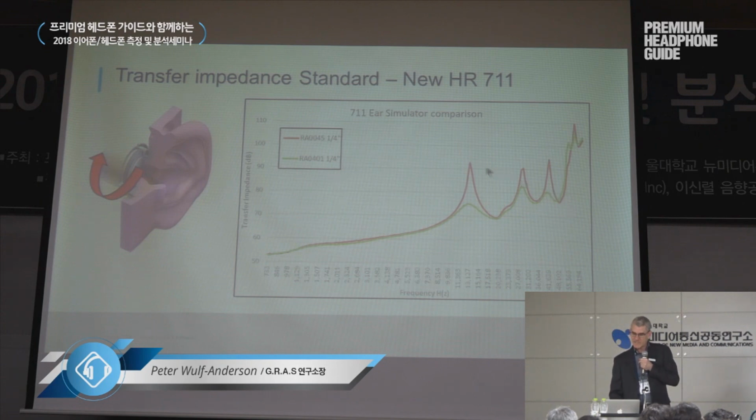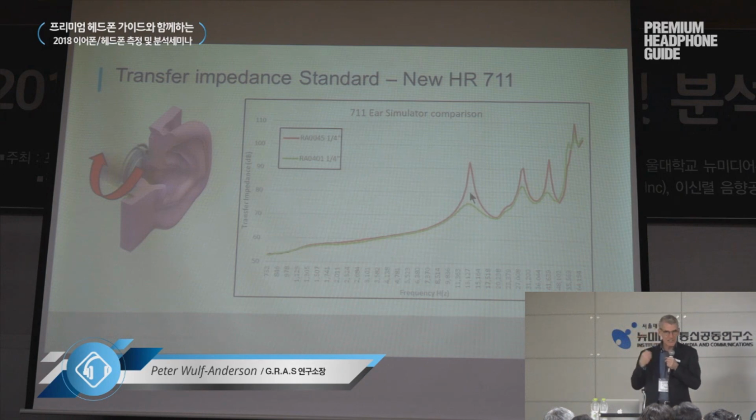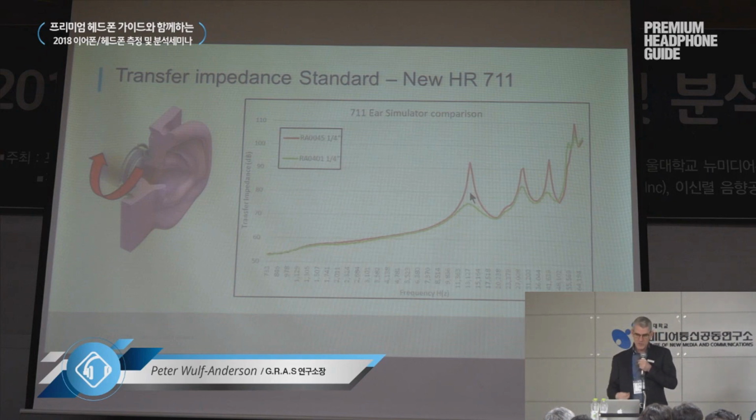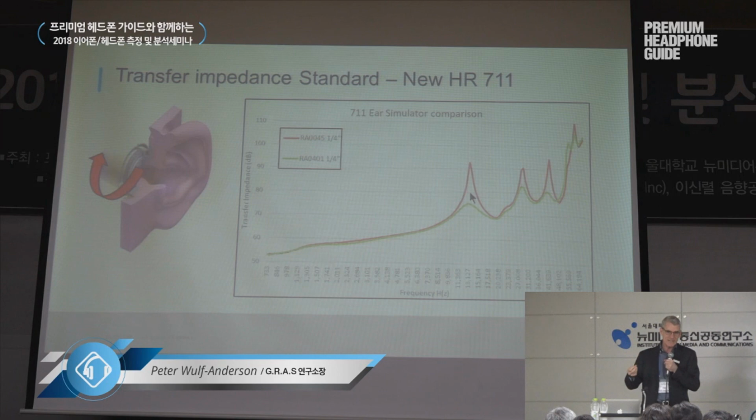And by dampening these resonances, you get a much higher chance of getting good repeatable results, even beyond 20 kilohertz. So the equipment can be used also for higher frequencies, although we specified being very linear up